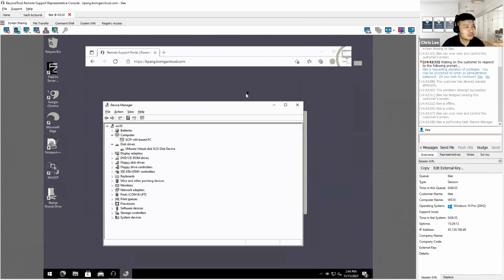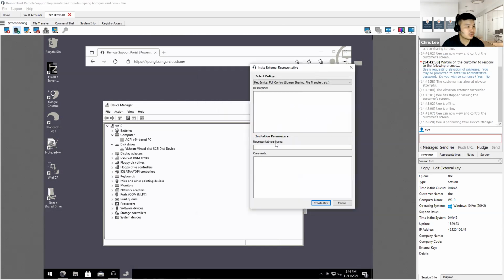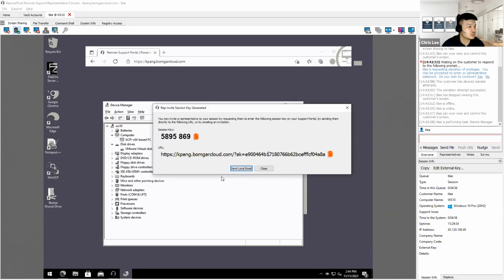So at the same time, in the same session, if I can't solve the problem, as I mentioned before, how do we get help from a third-party vendor? For example, I want to invite Microsoft in order to solve the problem. So I'll just generate the link, or send this link via email to this Microsoft support team in order to help me troubleshoot certain things, right?